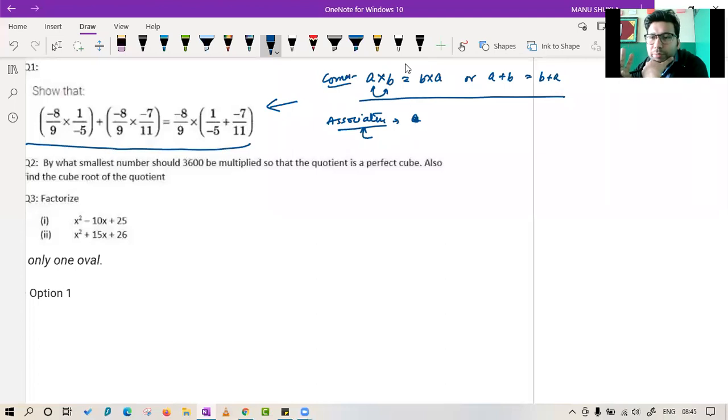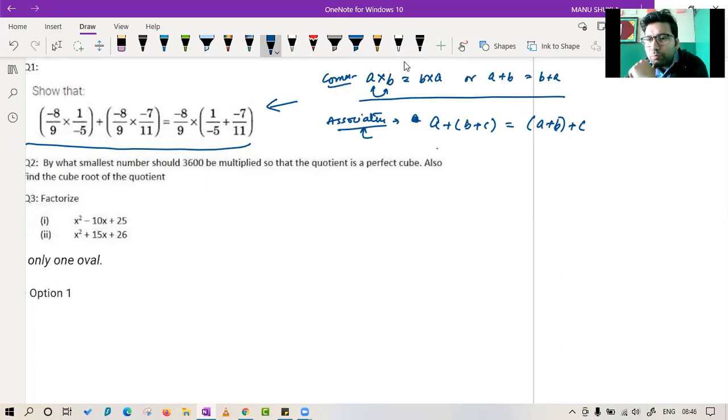In this, we had three variables. Anyone? Please tell me what the associative property of addition or multiplication was, if you remember. So we can do this question by solving both sides. Yes, we can do. Okay, Ananya, but you forgot to put the bracket on a plus b in the first thing. So the property is very simple. If the bracket is placed on b plus c, it is the same as if you put the bracket on a plus b also. The answer will be the same. This was your associative property.